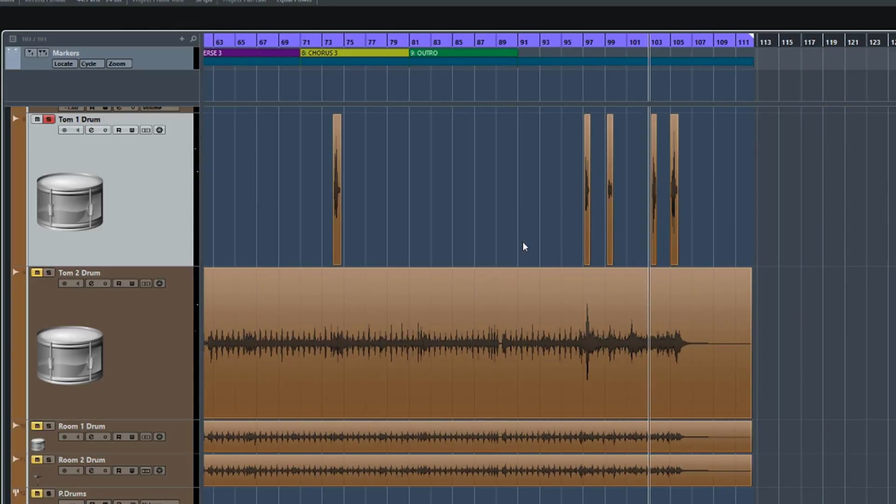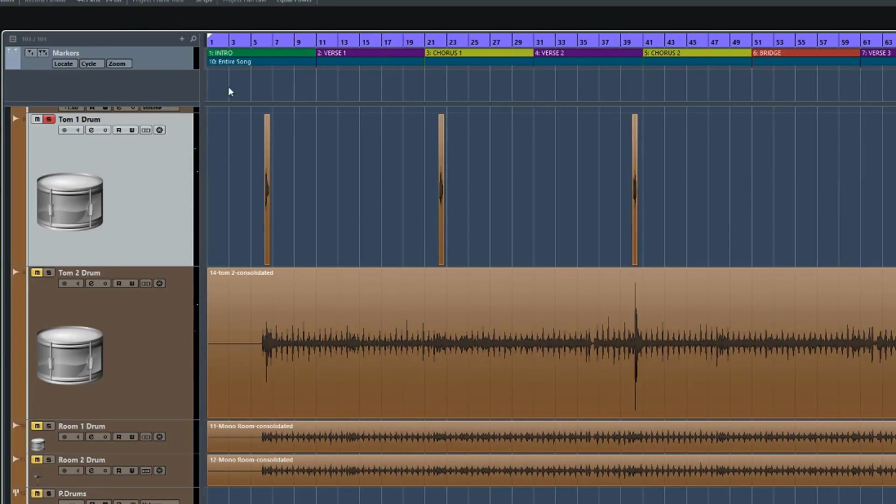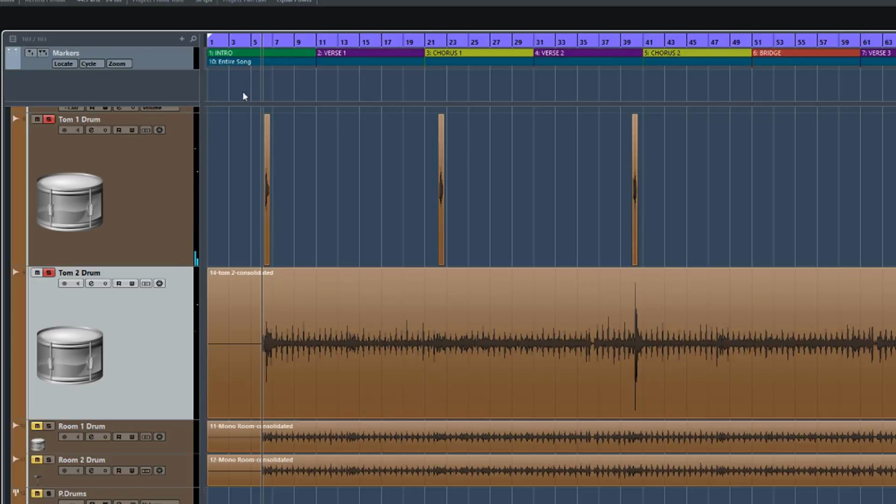So there you go. There's one tom track. And as I said, if you play it in isolation, it's going to sound really weird. But if you add it to the rest of the drum track,